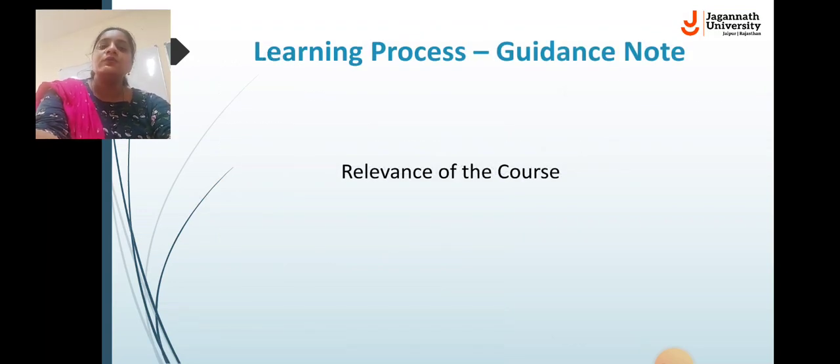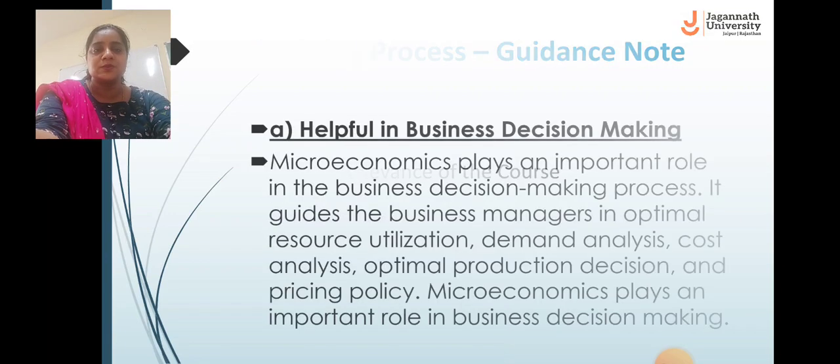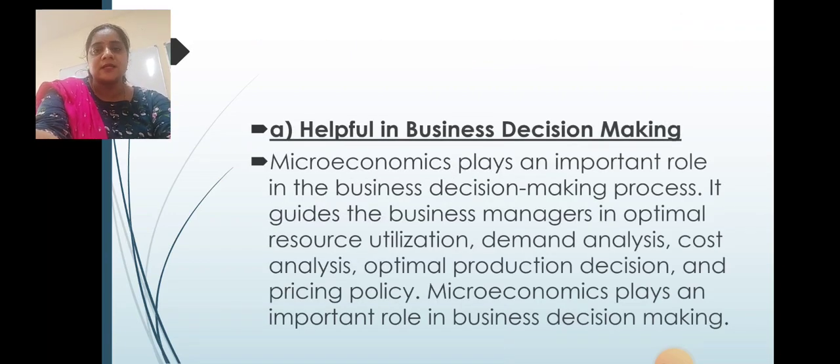Now let us understand how the whole process of learning would be done in this course. So first, before going through the process, I would like to explain the relevance of this course, that is, why you should study this course in your program. First, it would be helpful in business decision making. All the students who are studying here have the objective in mind that either they want to become entrepreneurs or they want to gain some employment in an industry or a firm. Normally, by going through a professional course like BBA or MBA, you want to become managers of a company. So being a manager of a company, you need to make decisions for your businesses or your firms.